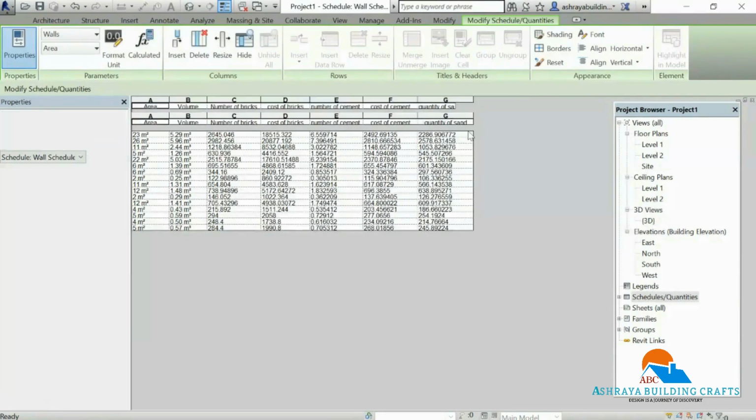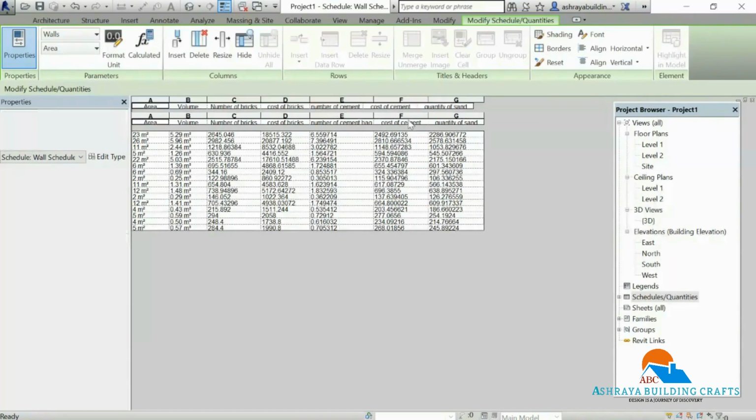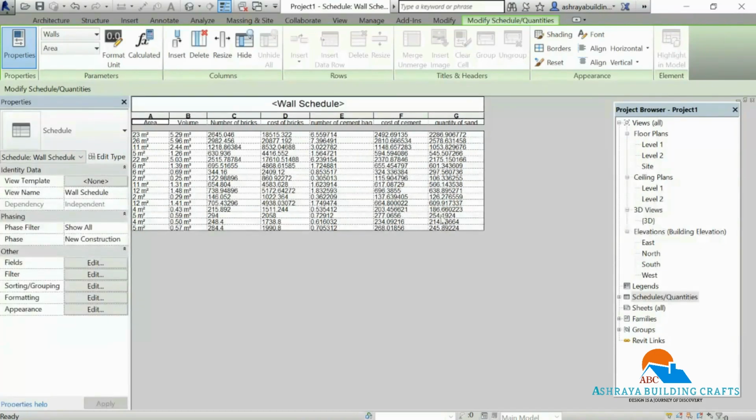These are the parameters represented for number of bricks, cost of bricks, number of cement bags, cost of cement, and quantity of sand. Need to calculate the cost of this sand.